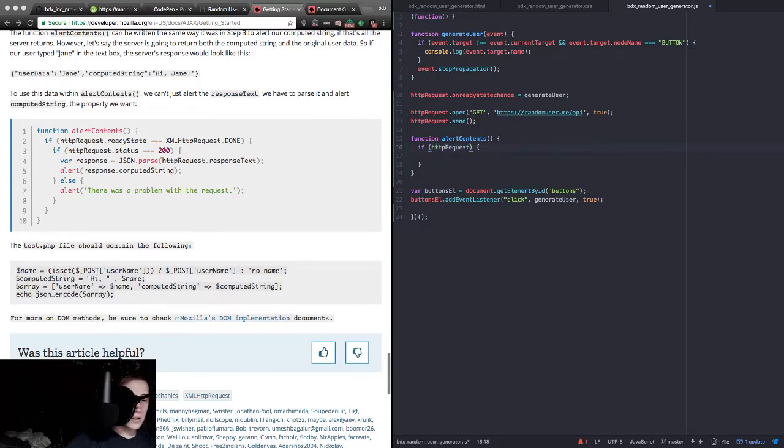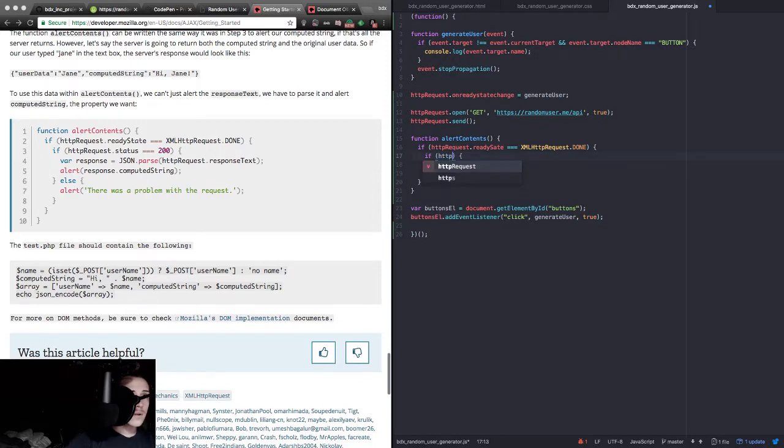HTTP request dot ready state, XML HTTP request dot done, if request dot status